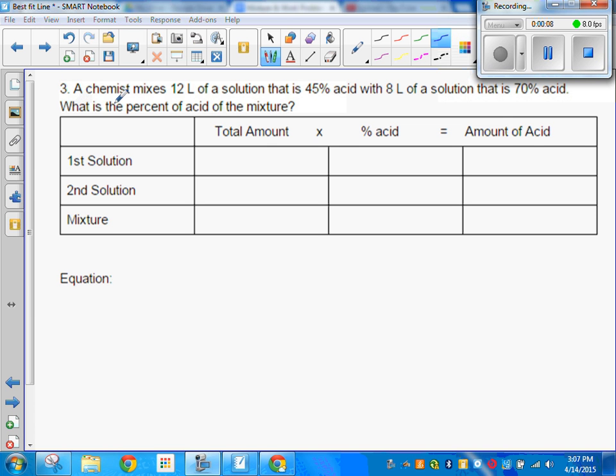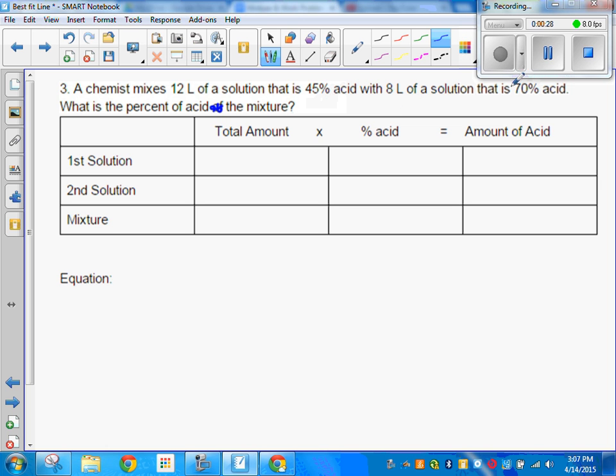It says a chemist mixes 12 liters of a solution that is 45% acid with 8 liters of a solution that is 70% acid. What percent of acid is the new mixture? I think that's a typo. Regardless,